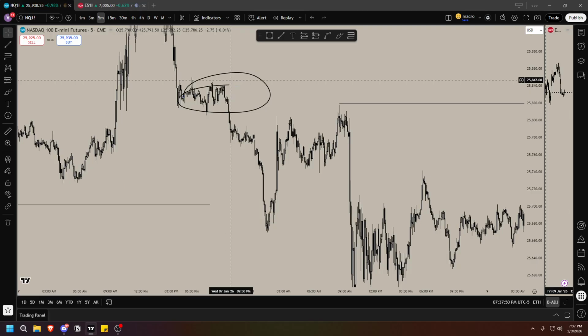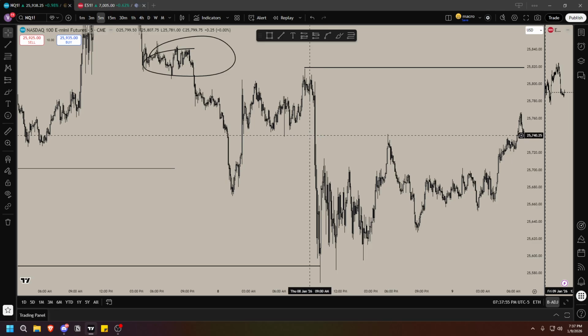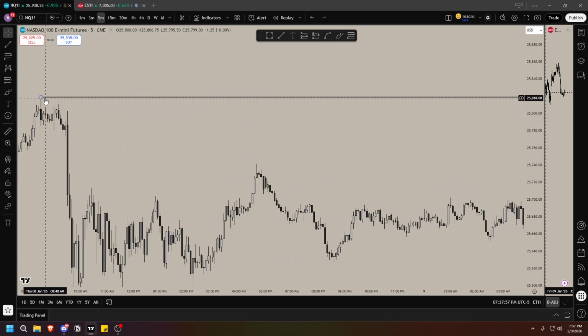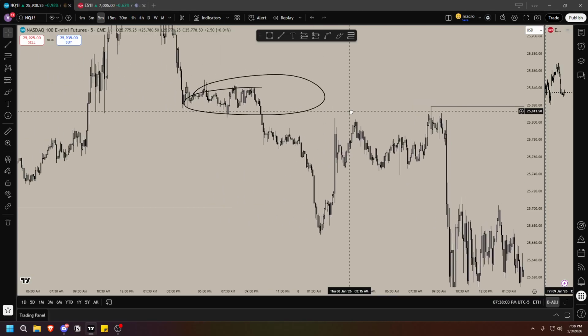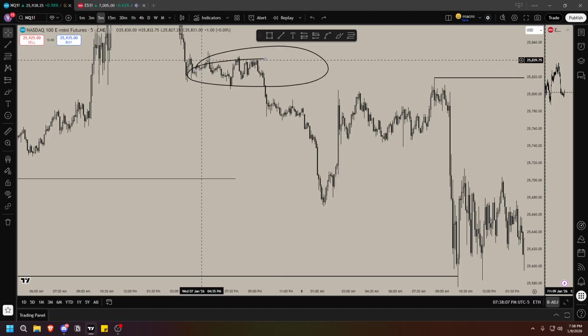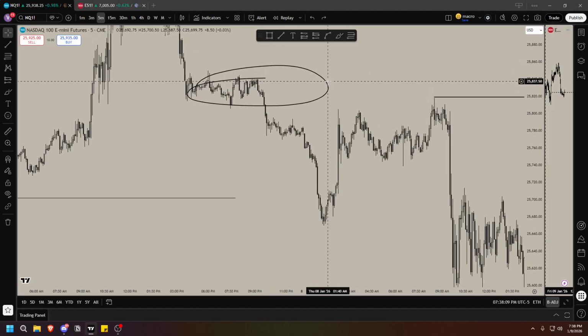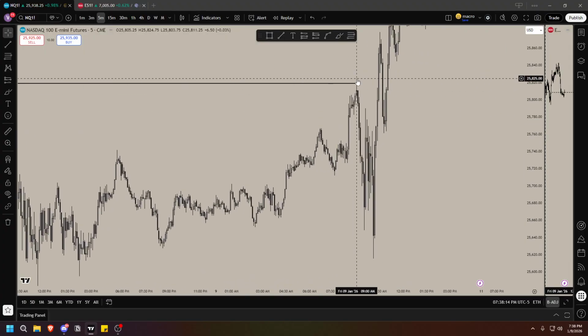Because look at the left of it. This is why you have to keep in mind what's behind pieces of structure. You know what I'm saying? If you just looked at this high, you would have been like, oh, we sniped this high. Dude, we're going to reverse. We're going to continue lower. This is really prominent. This is like high of the day, whatever. No. Look to the left. You still have accumulation here. So price is not going to stop until it takes out all the accumulation, you know? Price chases accumulation, liquidity, whatever. It's looking to take all that out.